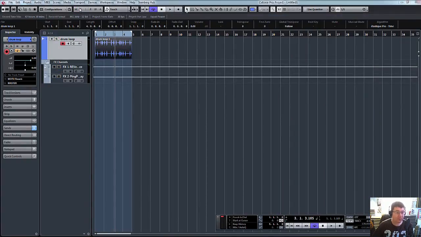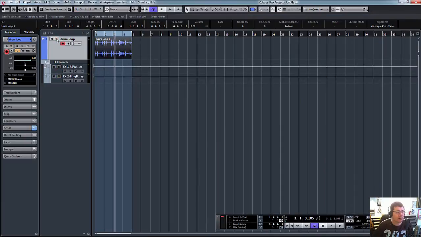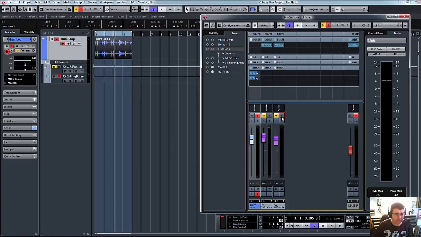Oh, let me bring the mixer back up. So if I click solo, you can see there it's completely soloed the audio signal path. So, which makes sense to me. I much prefer it this way, because you know the last thing you want to do when you want to listen to a specific part or element of your track, when you solo it, you don't want to then have to go in and, you know, solo this and solo that. So yeah,